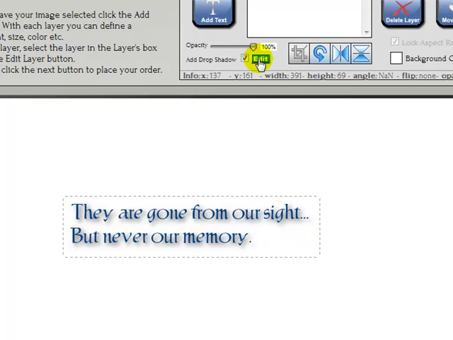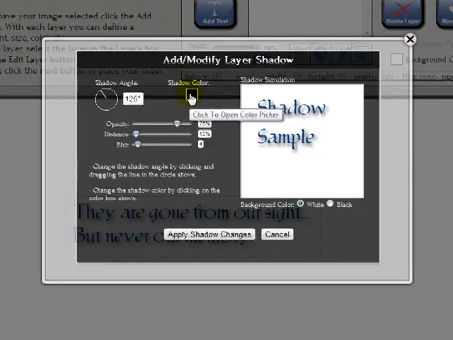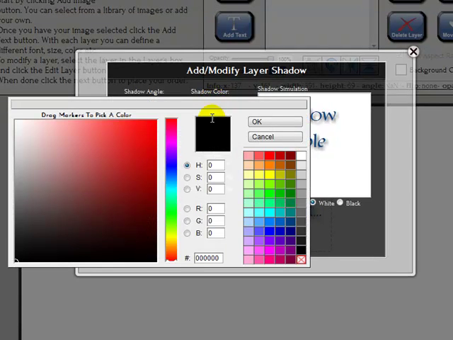And then in the edit drop shadow is where we have a few more choices. The shadow angle is the sun angle to create the shadow on the layer of type. You can see it move as you turn the dial around the circle. And then the color of the shadow itself is in this box. You select it if you'd like to change the color. A dark black seems to be a good default